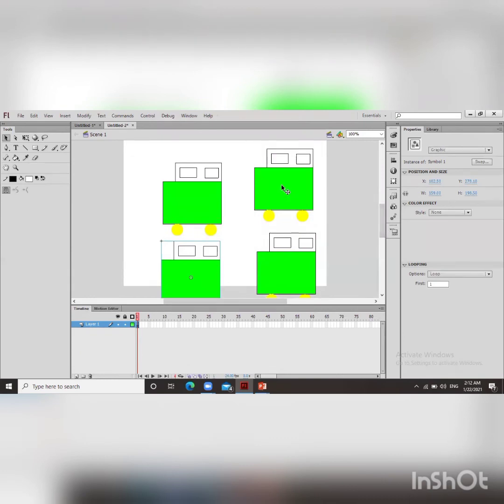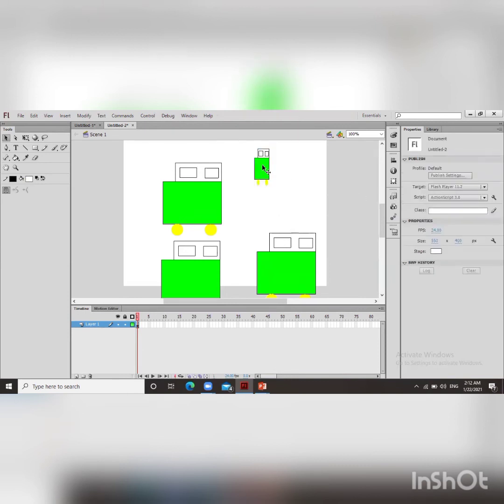As I have already told you, if you do any type of changes in an instance, that will not affect the original symbol. Like this is my original symbol. If you make any type of changes, for example, I am changing the width and height of this one instance, it will affect only this instance.